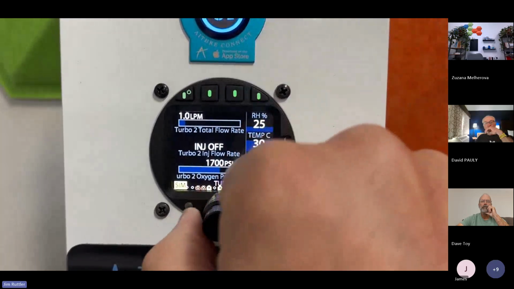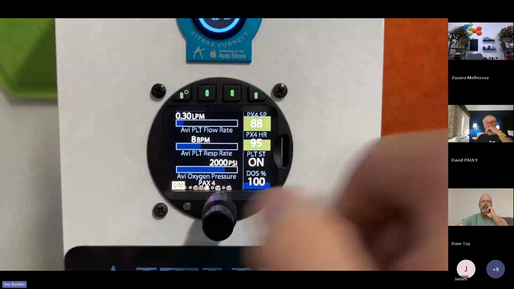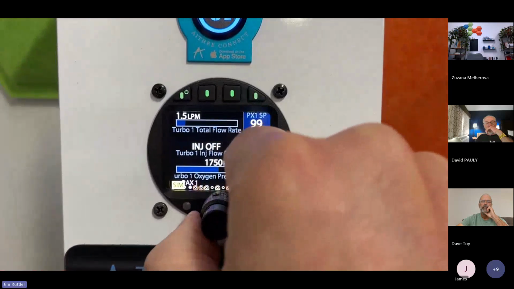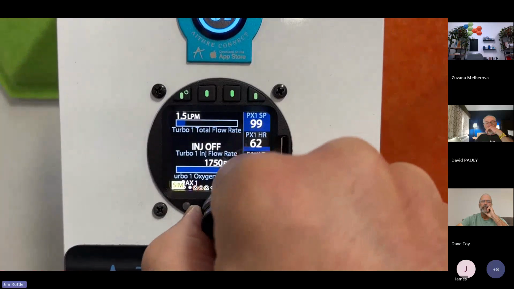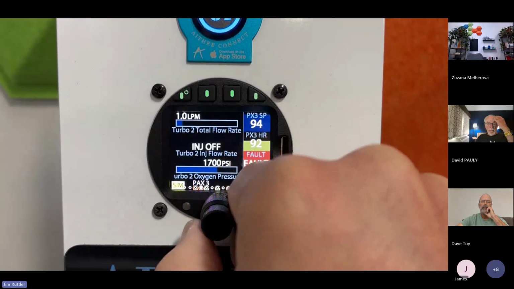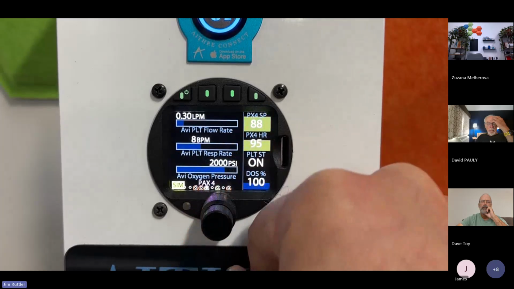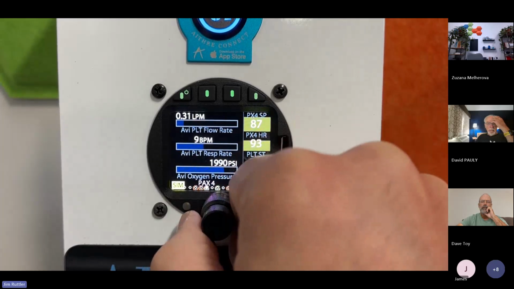Now you can see there's just tons of pages. If I flip through on the bottom, you can see that outer knob, I'm flipping through all of the pages. On page 1, we've got a turbo. On page 2, that same turbo. On page 3, the second turbo, because we indicated we had 2 turbos. Page 4, we've got flow rate